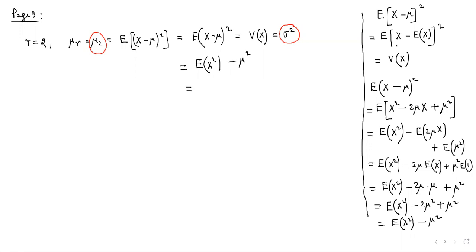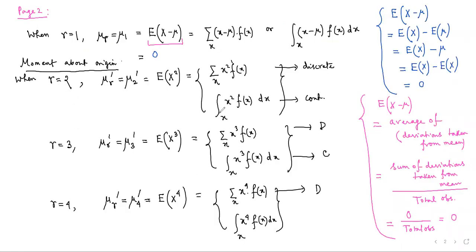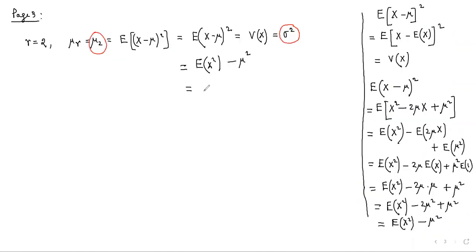From our previous discussion, expectation of x square is actually mu 2 prime. So we can replace it as mu 2 prime, and we know that mu is similar to mu1 prime as I have shown in the first page. So we can replace it as mu1 prime. So what we have done over here, I have shown that we can express second moment about mean